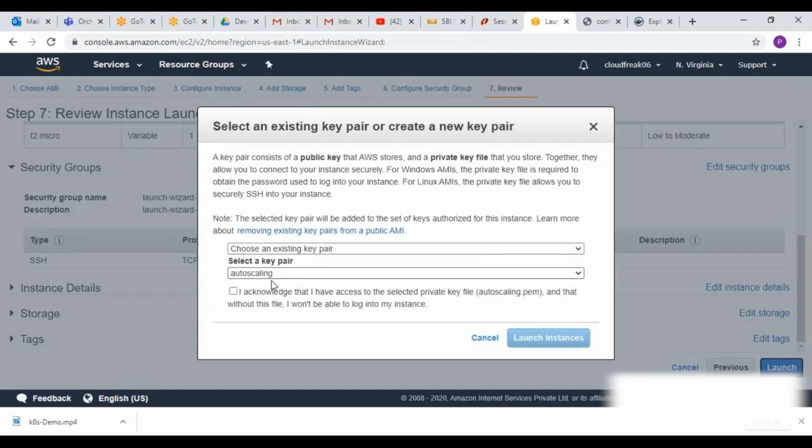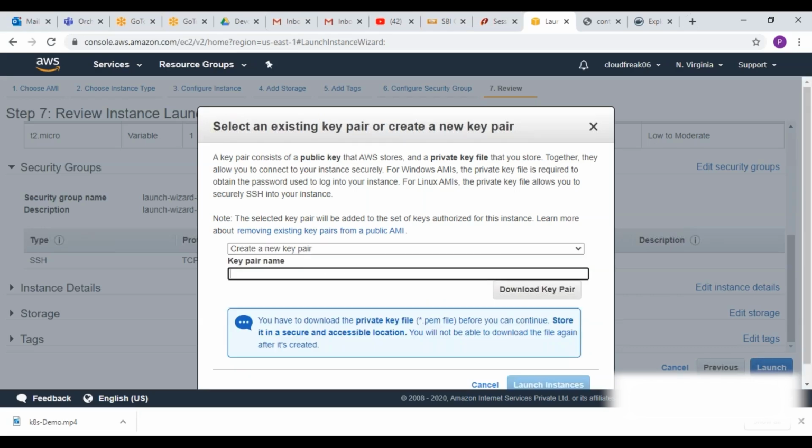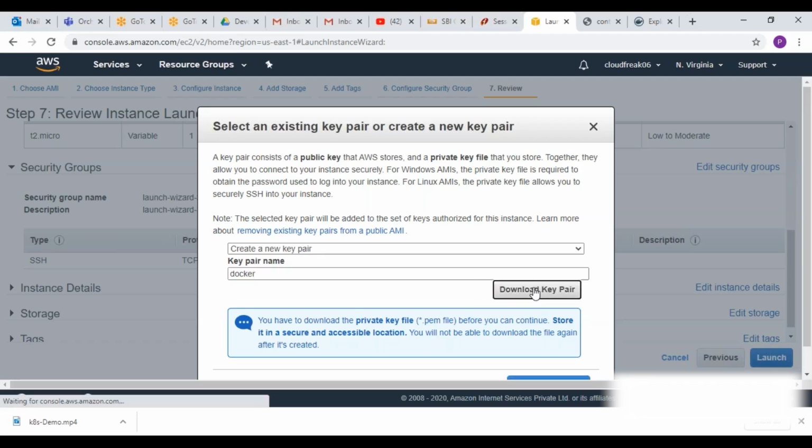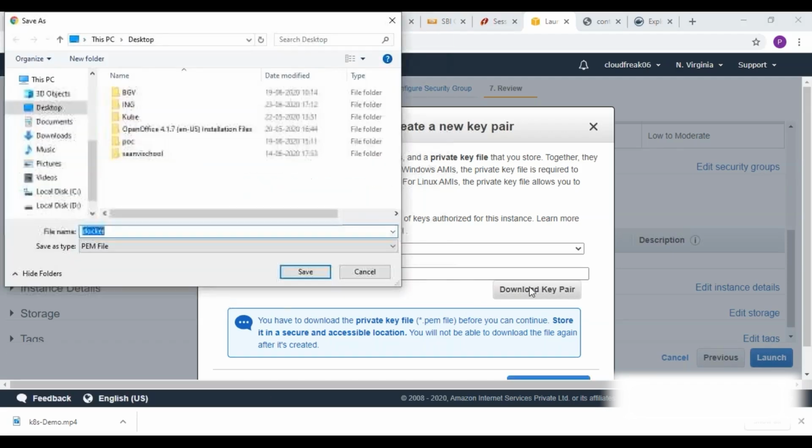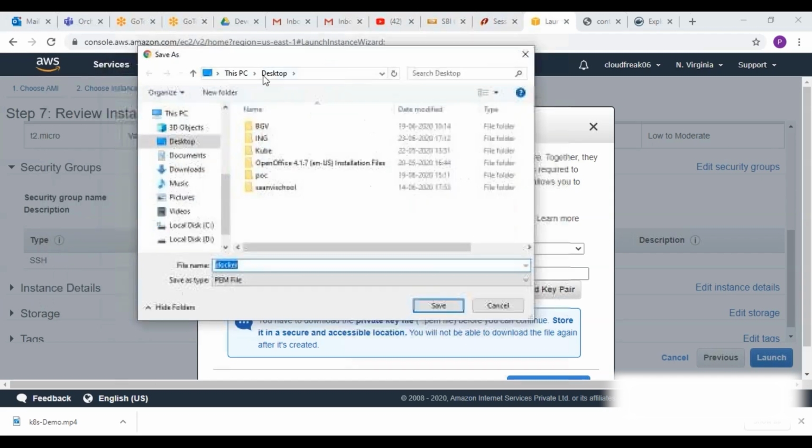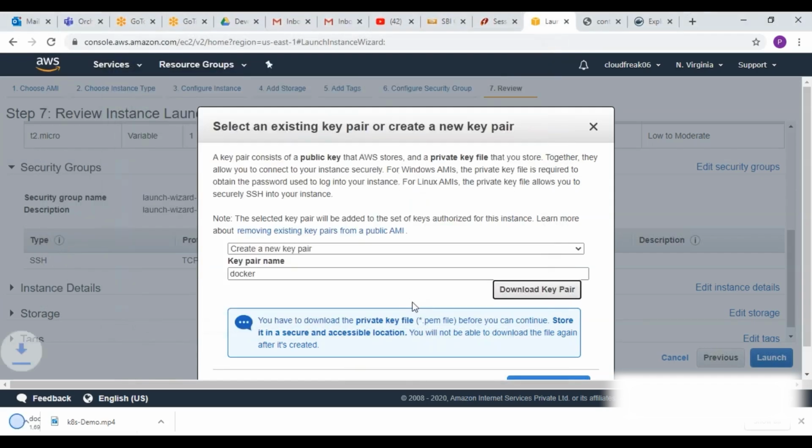and then launch. Here you need to create a key pair, because AWS will not allow you to log in with a username and password. So you need to select key based authentication. Select create a new pair, give any name to your key, and download. This is like public and private key authentication. The server contains the public key, and it asks us to download the private key. So we'll save it